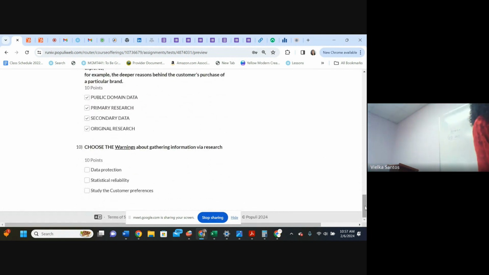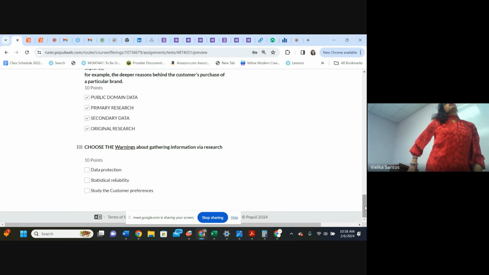Choose the warnings about gathering information via research. You are a researcher now, so we are thinking about data protection, statistical reliability, studying customer preference. Sometimes we design a research that is not reliable because of the questions we are writing, maybe they say, how much you like,